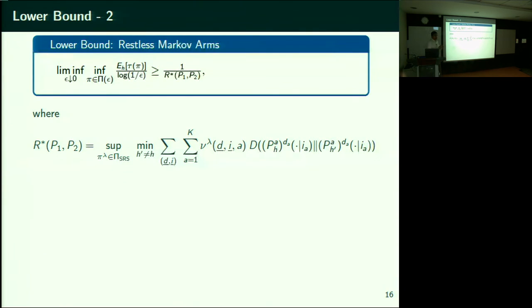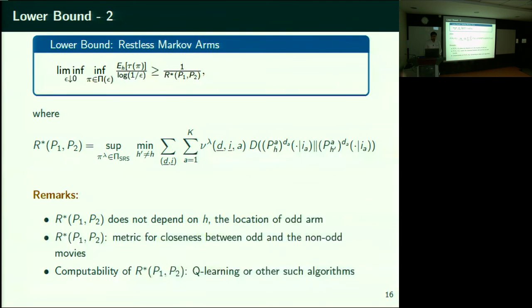There is a certain nearest alternative to your true hypothesis, that is your min over all H prime. You need to battle against the nearest alternative. That is, you need to guard yourself against identifying the nearest alternative. So you need to select according to a certain policy that keeps your nearest alternative as far away as possible. If you do that, you will be able to identify the odd movie in this much. This is the growth rate at which the time you take to identify the odd movie grows. Okay, fine. Notice that your R star doesn't depend on the movie location.